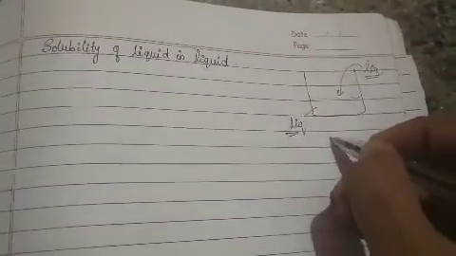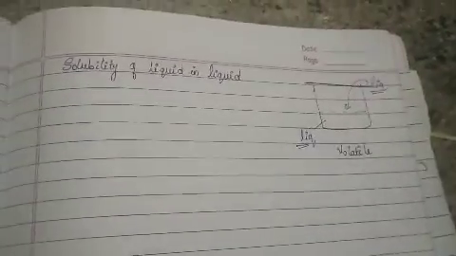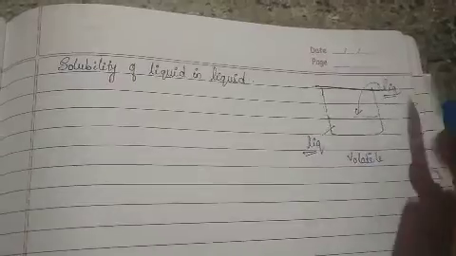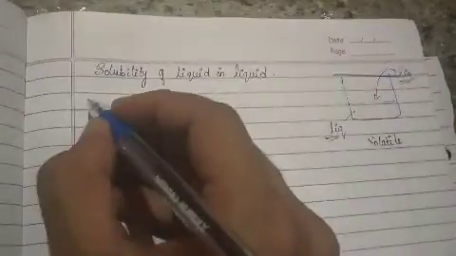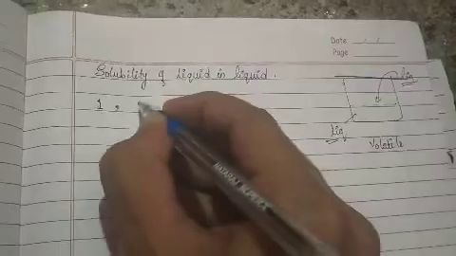But the major thing you have to remember is that both the liquids here will be volatile and the system is in a closed container. So we are taking a binary solution, that means a solution which has two components, and both the components are volatile in nature. So if I consider the liquid 1 as component 1 and the other liquid as component 2,